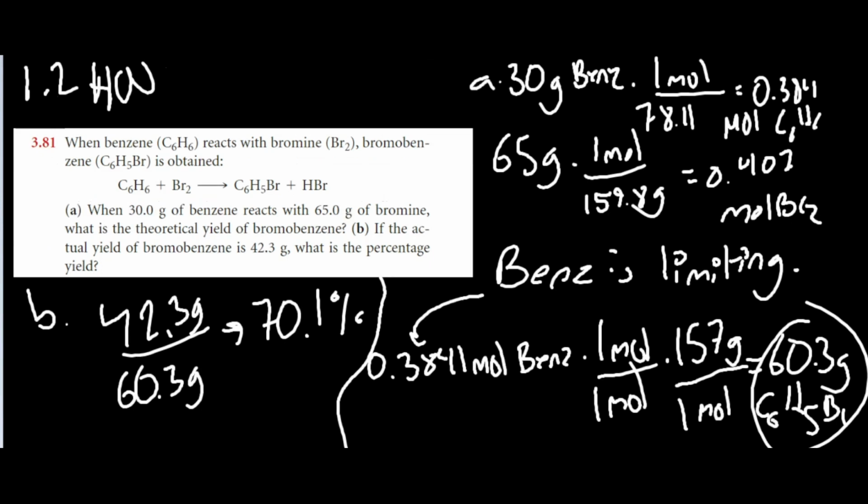Our limiting reactant is the thing we have the least of. And since it's a 1-to-1 ratio, it's just whatever we have the least moles of, because a 1-to-1 ratio just means that you don't need to do any conversions. So we find that through our conversions. I converted benzene and bromine. I find that benzene you have less of, so that's your limiting reactant, and you're going to be using benzene as your model for the reaction, because you're going to have excess